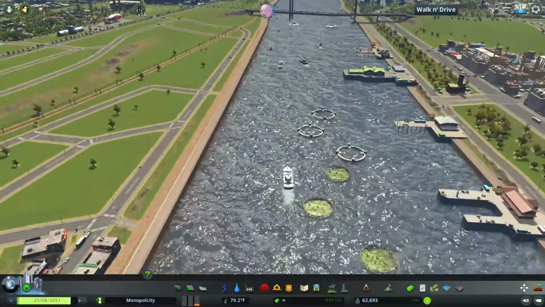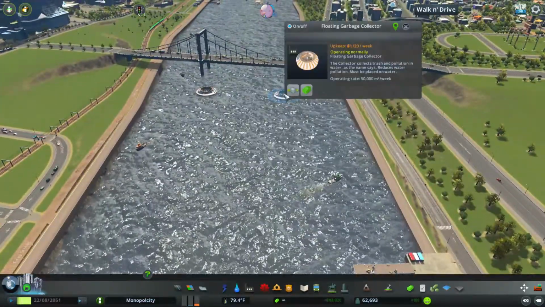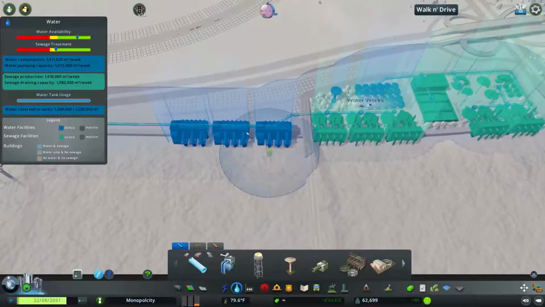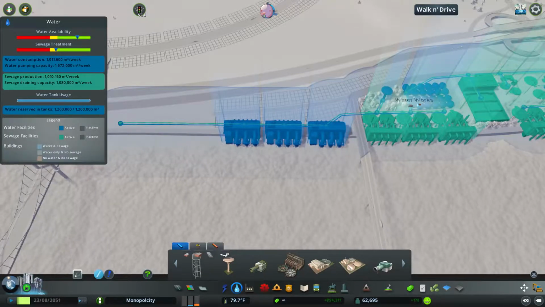Pollution is still a major problem for some reason. This apparently does nothing for that. Sewage treatment is bad. We could do a little bit more with sewage treatment. We've got a lot of water here. Before I go, I'm going to